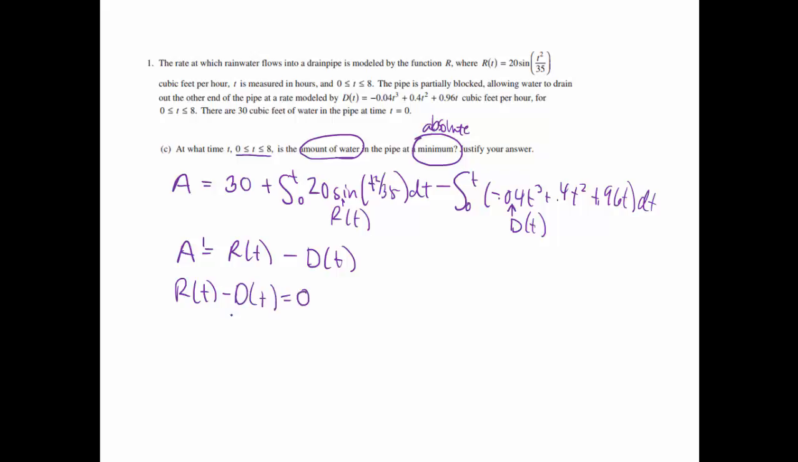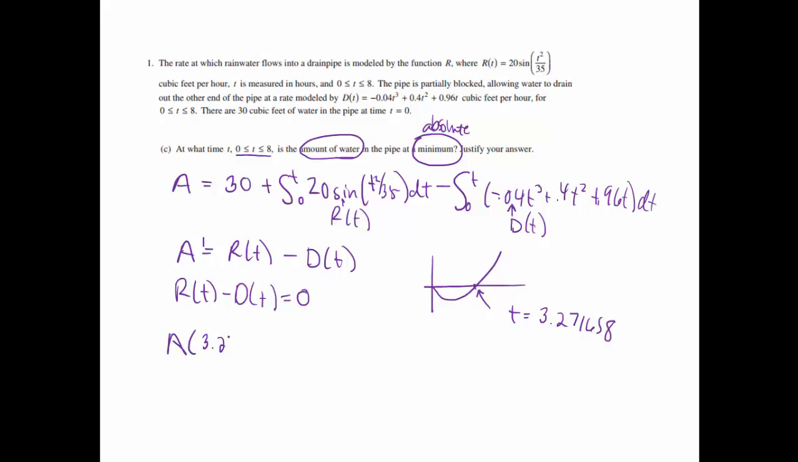To get that, I actually graphed R of T minus D of T, so I made that my y equals, and when I graphed that between 0 and 8, I got a picture that looked like that. So I would like to find where that equals 0. If you use the zero feature on your calculator, you'll get T equals 3.271658. And then from here, I would like to find an absolute minimum, so I'm going to find the amount